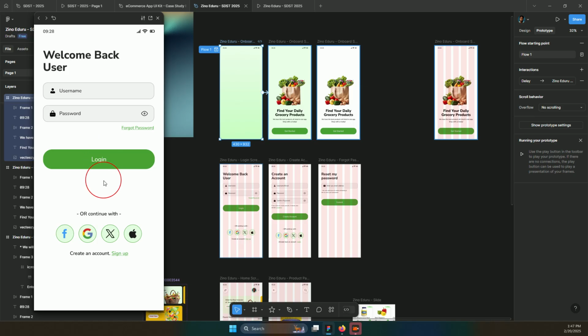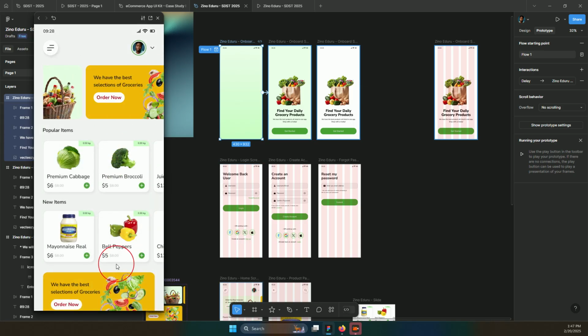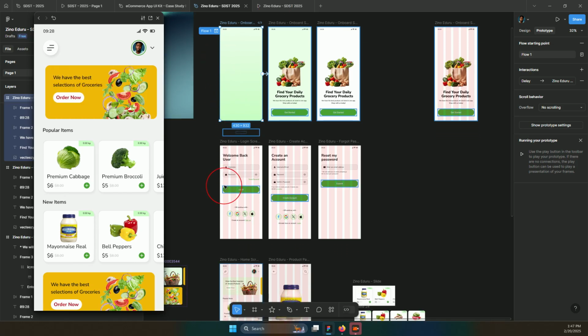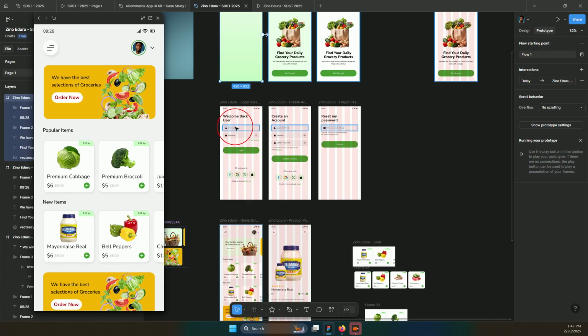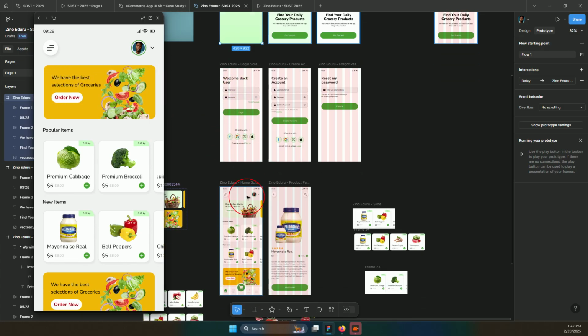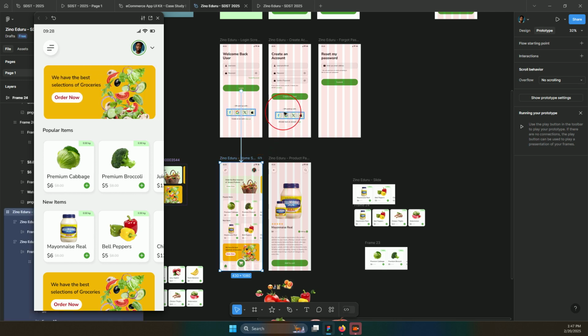Okay, so when you can log in, it leads you to this page, which is your dashboard page. Well done. We're almost done with the interaction prototype. Okay, that is wonderful. Well done. That is very, very good. You're doing great. Okay, so now for this home screen, we are going to do the interaction for